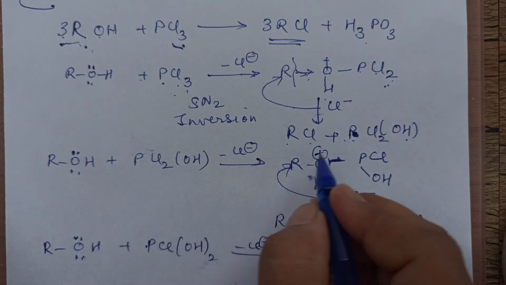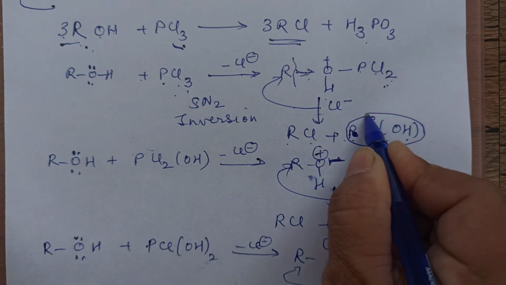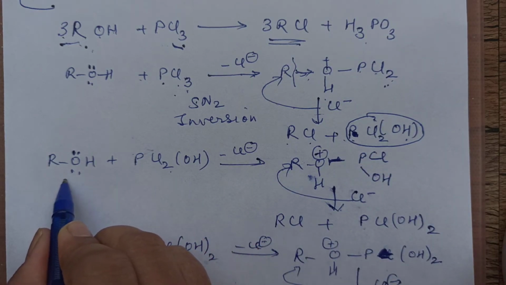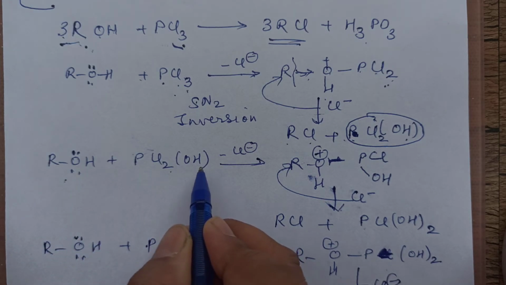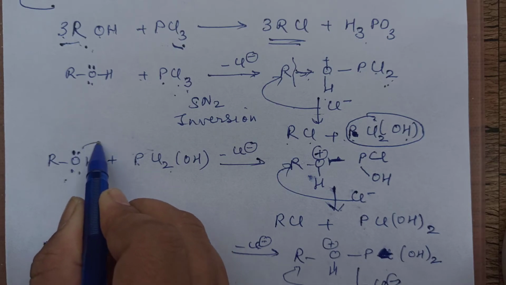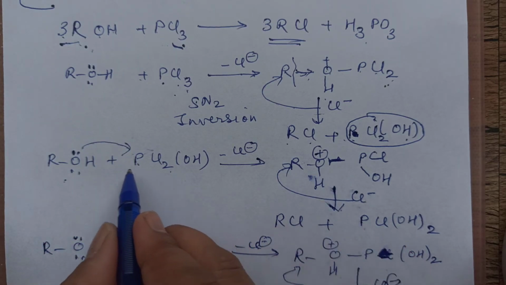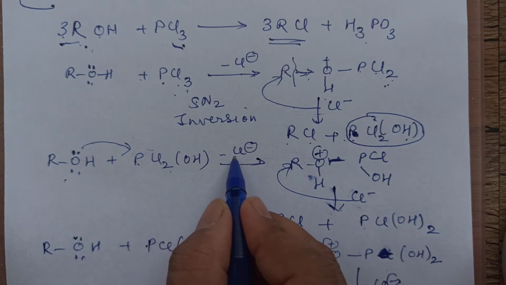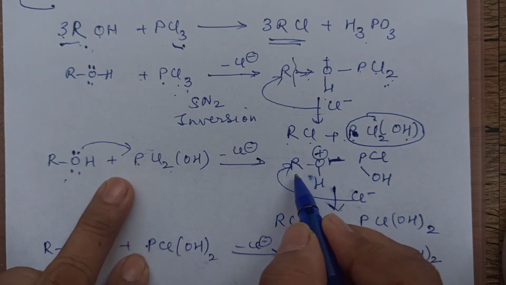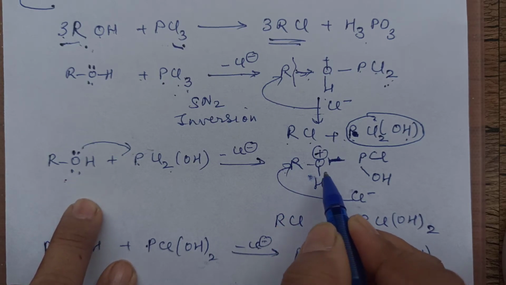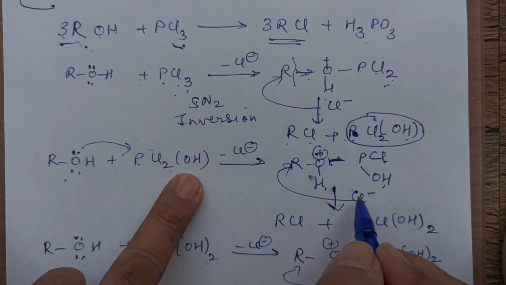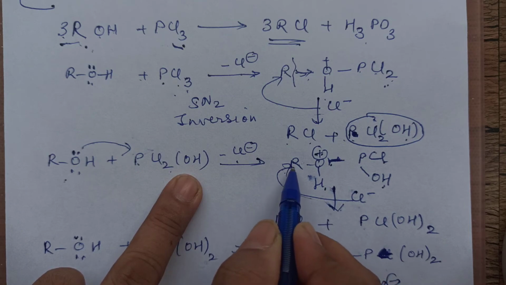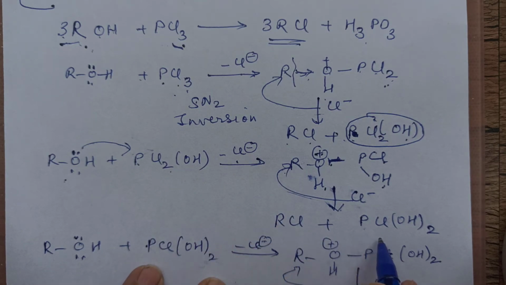Now, in the next step what happens? Whatever was formed here, PCl2OH, again reacts with another alcohol molecule. So ROH plus PCl2OH. Again this gives one lone pair to this P. When it gives the lone pair to this P, it will form a bond. When this forms a bond, one Cl comes out. So one Cl has gone out. Whatever is left over, we write here ROH. I have written down with the positive charge. P, one Cl has gone, so Cl and OH. Okay, now this Cl minus which has come out will attack this R from backside. You will get RCl, and this you will get as PCl(OH) twice.